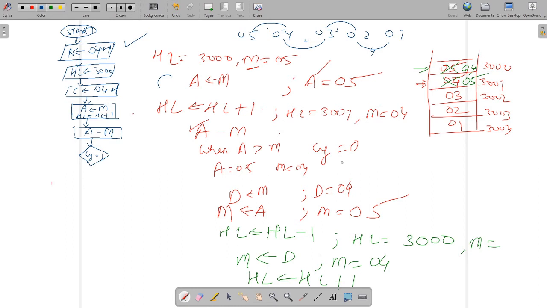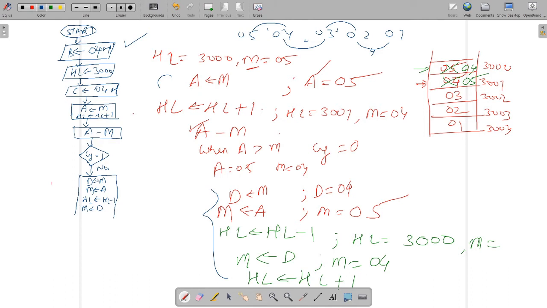So when you are doing this, when the carry is not generated, it means that you are doing this process when the carry is not generated. So we are writing no. Now in this box, we are going to write each and everything which we have written here. So M will be shifted to the D, then A will be shifted to the M, then HL will be incremented. Just follow each and everything. HL minus 1, then D will be again shifted to M.